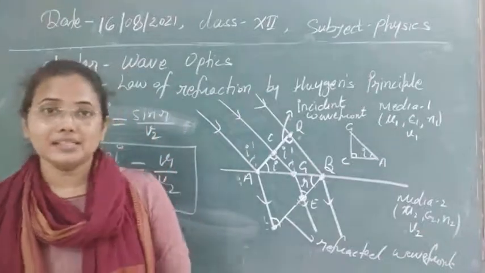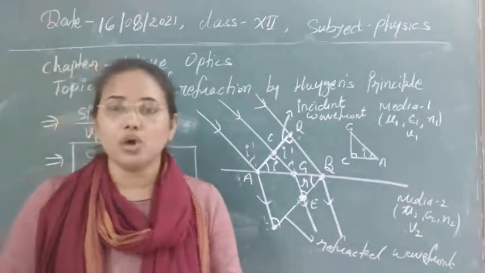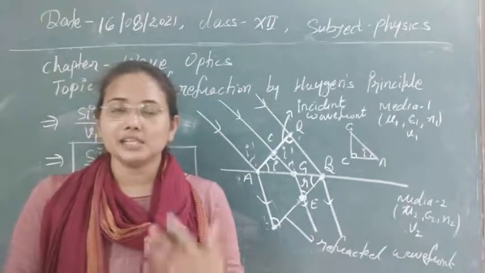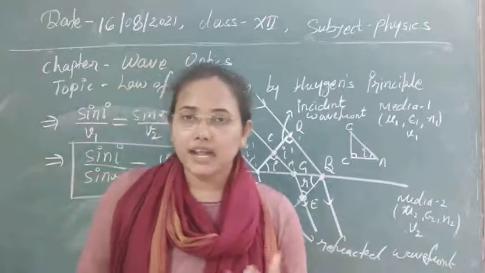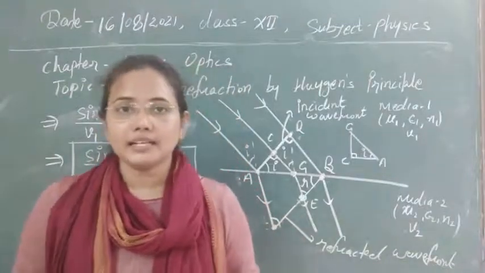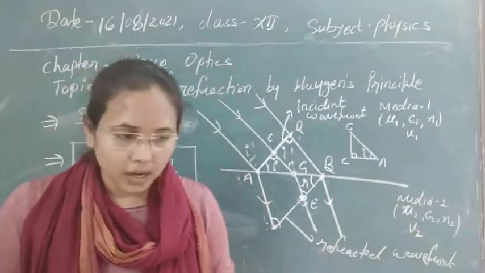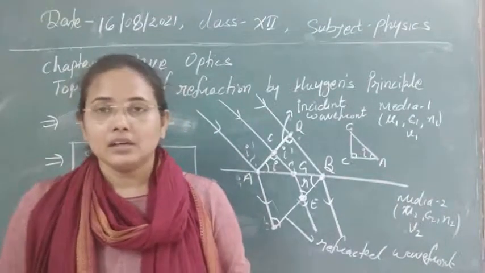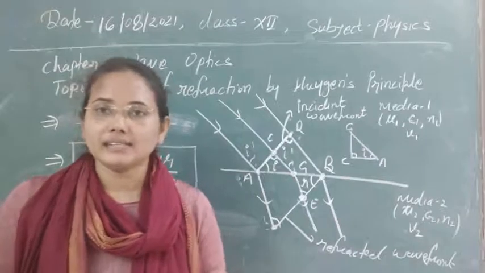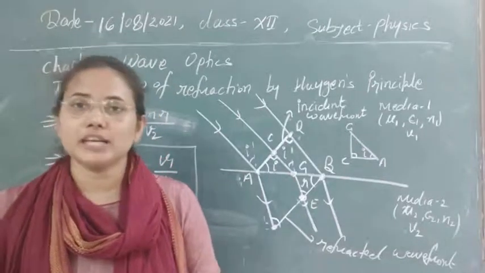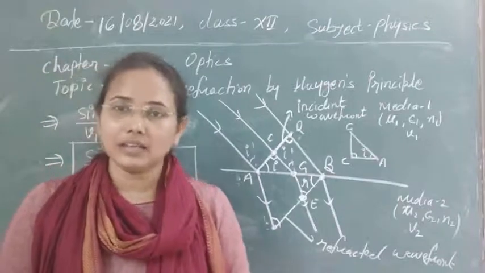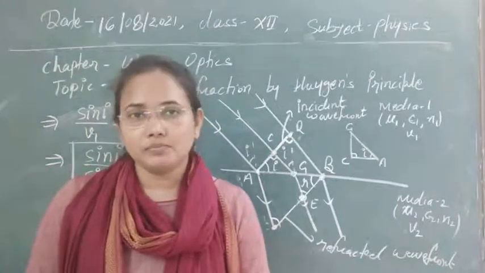So you can understand that the wave concept is also very consistent and satisfying, explaining the law of refraction and reflection, the phenomena possessed by light. Up to now, by geometrical optics, two phenomena we have known, reflection and refraction, and Huygens successfully explained those also by using the wave concept rather than the ray concept or the geometrical optics concept.